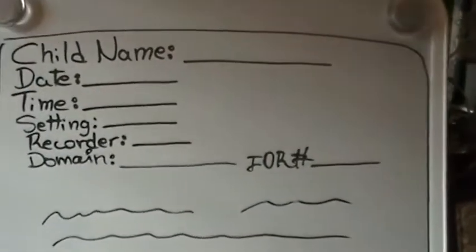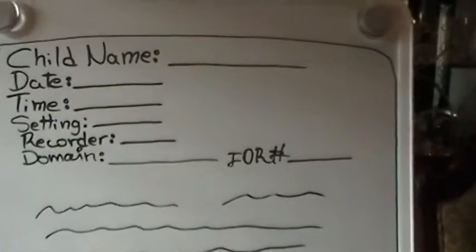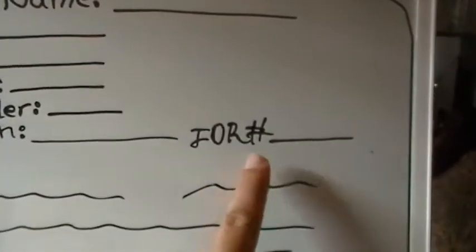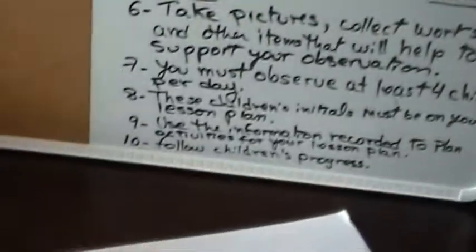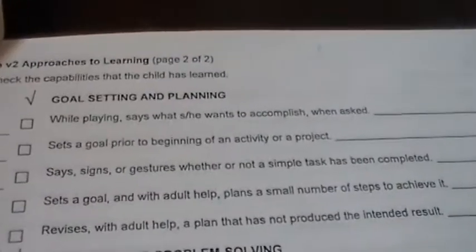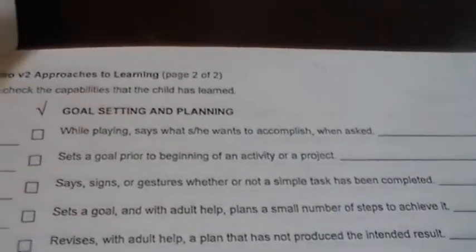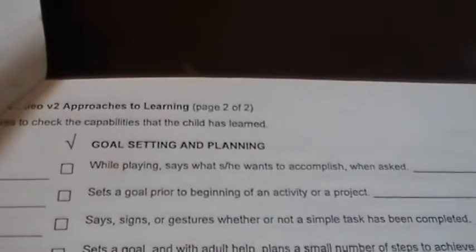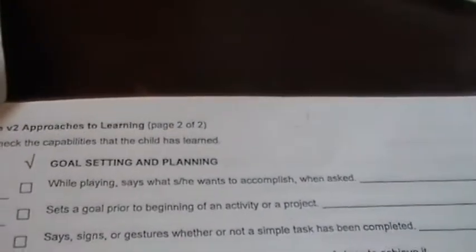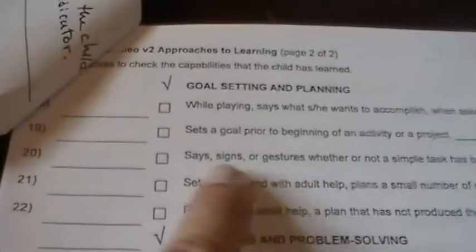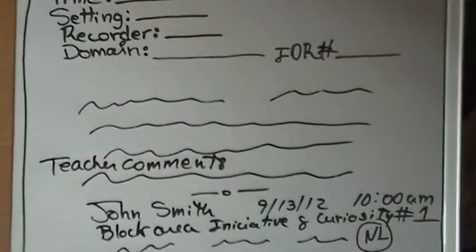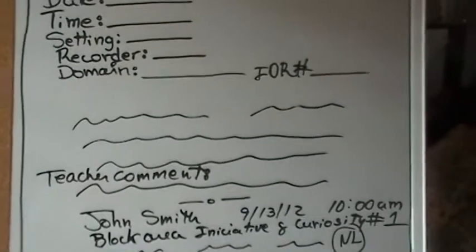Also, make sure you write the individual observation record number, which again, if we're talking about goal setting and planning, if you are working on number 20, that will be the number that you will be writing in there. Okay? You write your observation, and if you want to add your comment as a teacher,